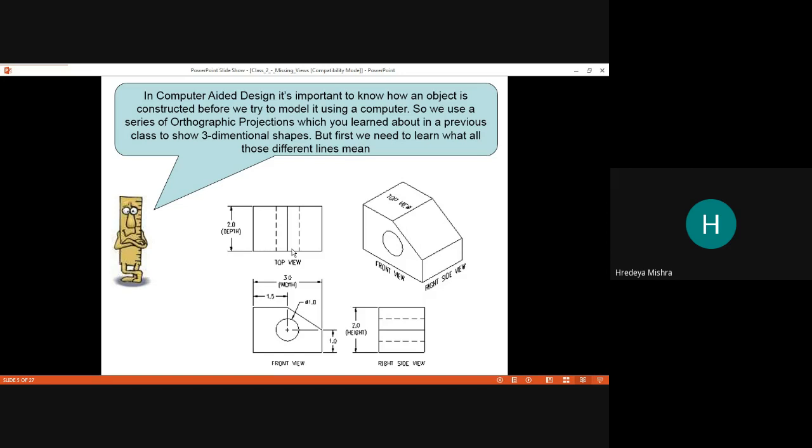This is your front view. In the front view we see the true value of this edge. See here, the true value of this edge, and this surface is also presented here, and this surface is also presented here. This area belongs to this surface, and this area belongs to this surface. So top view, front view, and right hand side view.